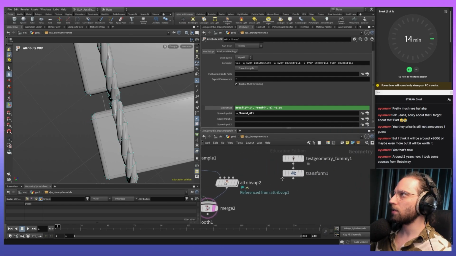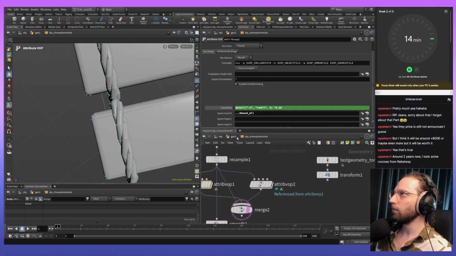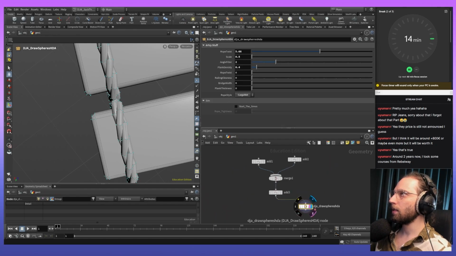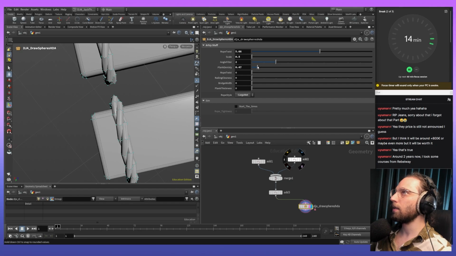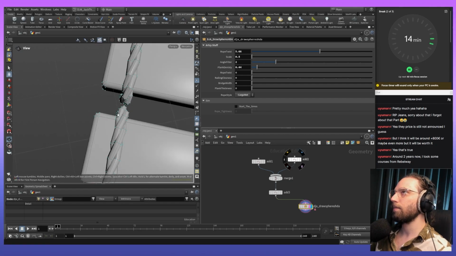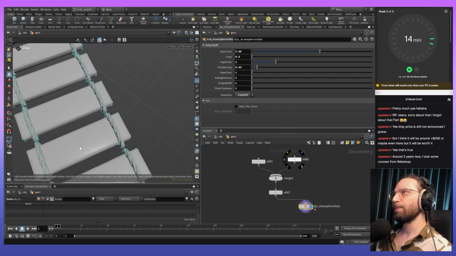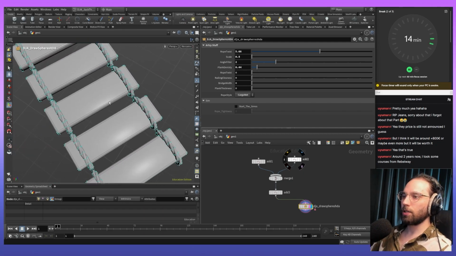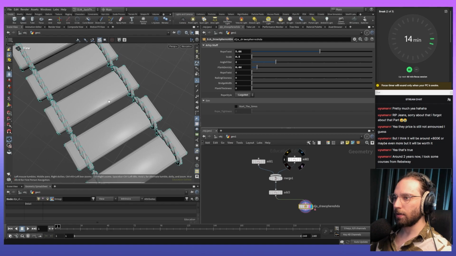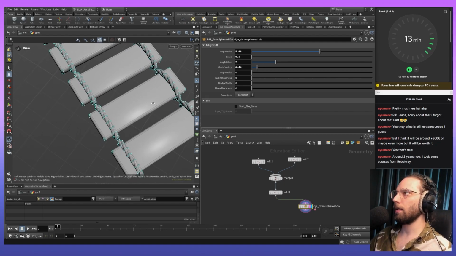So I would like to take the... let's go a step back here and play with our density. So it's 0.5. Let's just make it a bit... yeah, let's make it like that. Keep the holes a bit bigger. And now we'll go back to watching. Okay, so what we will do now is